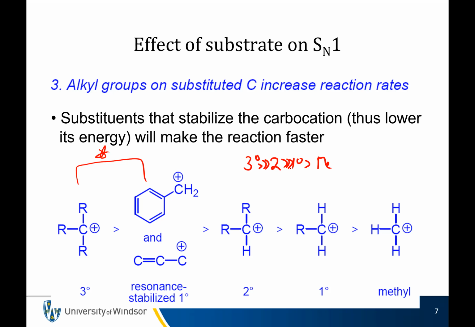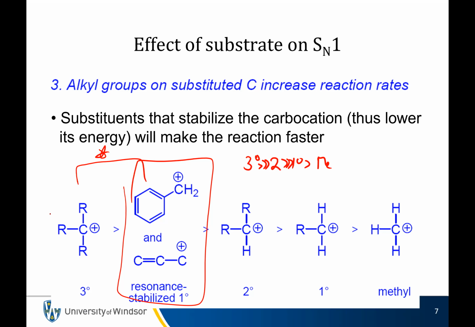Now, why I want to be really careful with these comments is this resonance here. I'm saying resonance is less stable than tertiary, and you have to be very careful with that statement. In this case, these were both very carefully selected. I really hate this example because these are actually the only two where this is the case. Any other resonance is going to be more stable than tertiary.